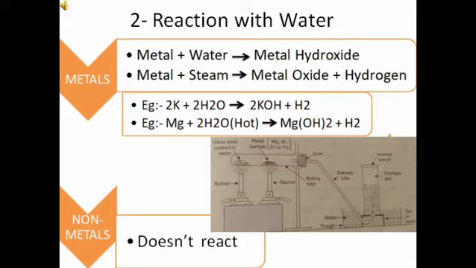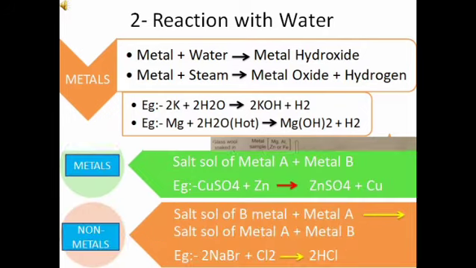If I arrange the metals on the basis of their reactivity, magnesium will be at the highest, then aluminium, then zinc, then iron. But on the other hand, non-metals do not react with water. Non-metals do not evolve hydrogen gas. And why is it so? It's because they do not give electrons to reduce the hydrogen ions of water into hydrogen gas.